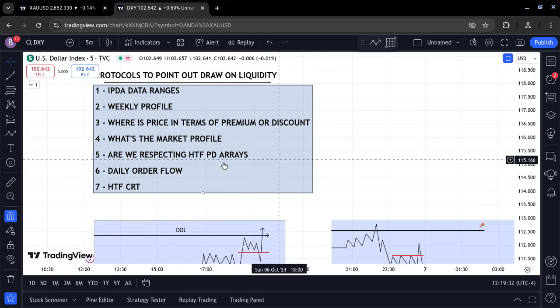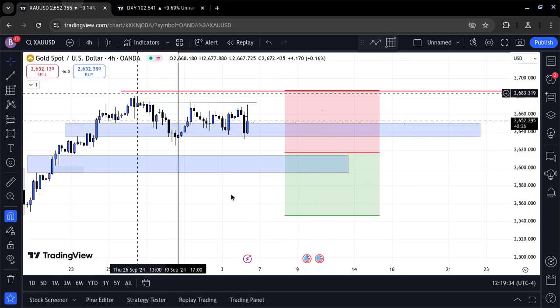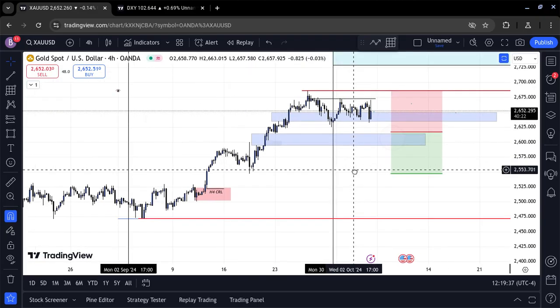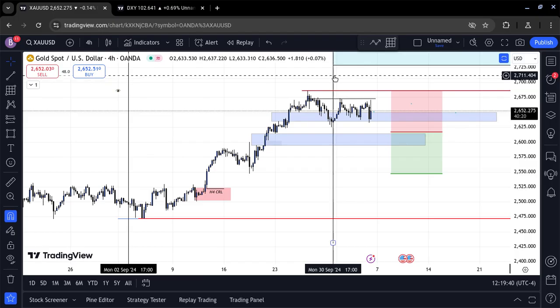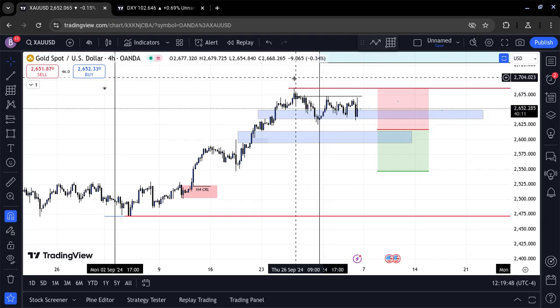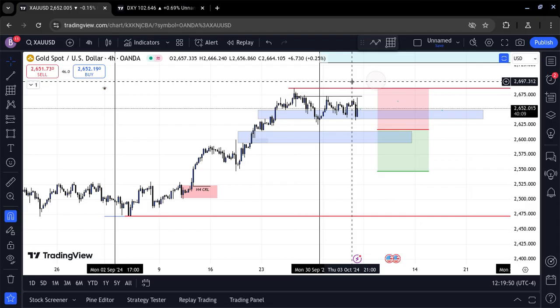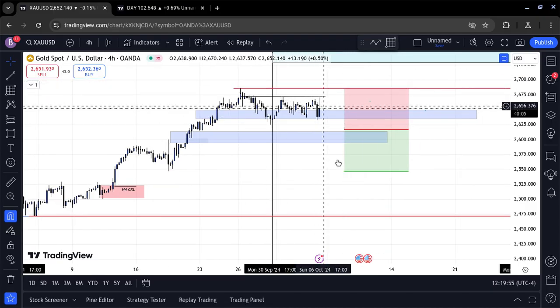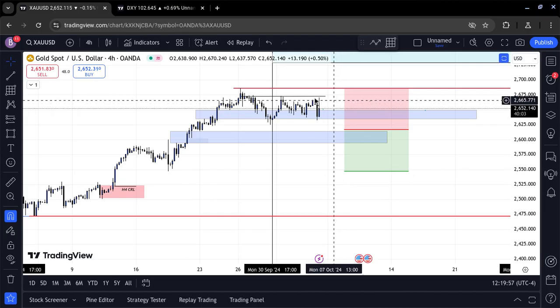Daily order flow, of course, bullish. We are bullish in this up until the point of the IPDA data range date, right? From here onwards, you see we have turned. I have a video, of course, you can see in my list. From this moment onwards, we are seeing an accumulation and then a retracement, and then we might see a reversal. So daily, you see over here,